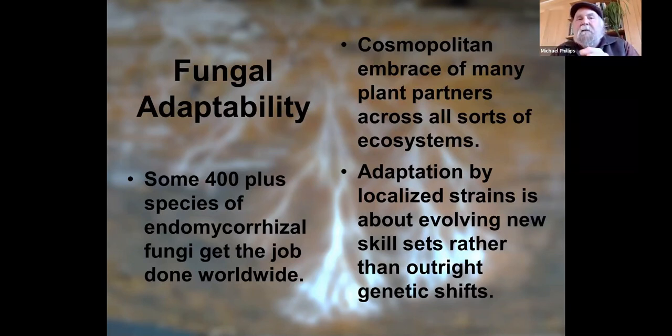Well, this was such a perfect union right from the start that the whole endomycorrhizal realm over the course of hundreds of millions of years since, there's only like 400 species of these fungi working with some 250,000 plants worldwide. And fungi that we'll find in the tropics or the savanna ecosystem, the temperate forest, the boreal forest, are the same players. They might have different skill sets, but it is very likely that most, if not all, of the species in those commercial inoculum products, because they've been deliberately selected, understanding this,